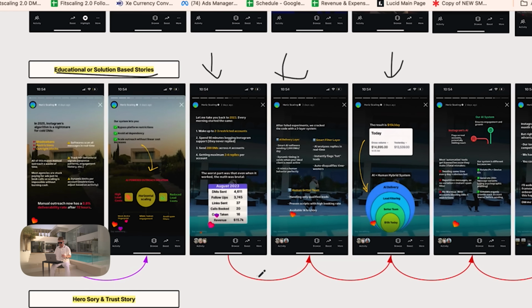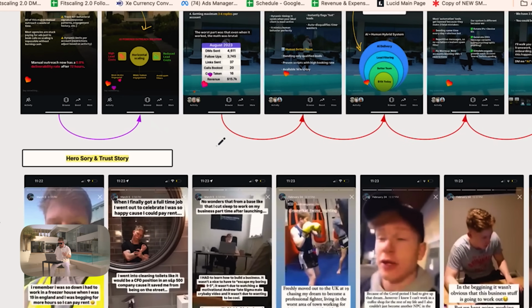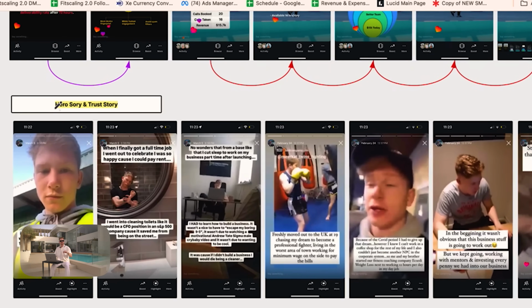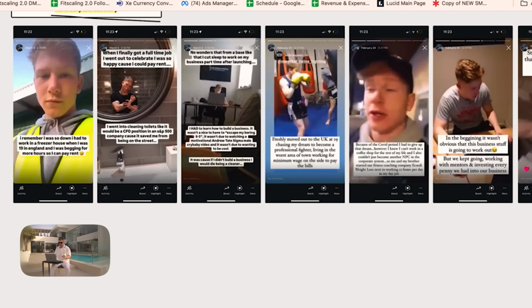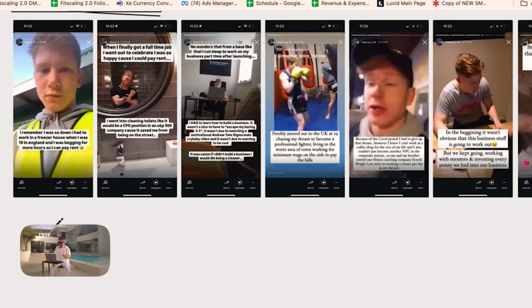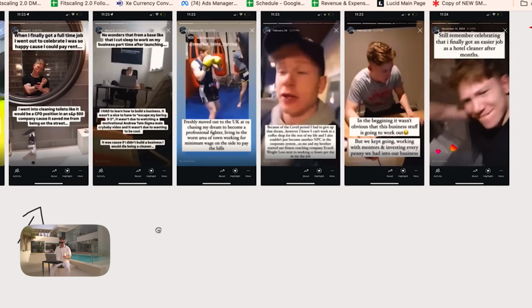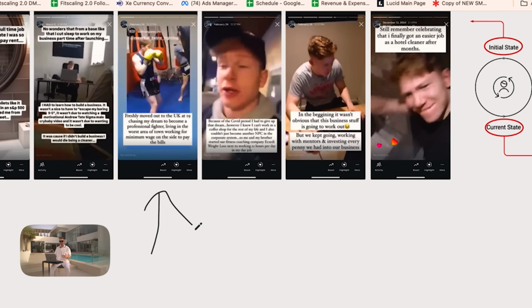And lastly, credibility, hero story and trust, okay? Very important, right? We started, me and my brother, as minimum wage workers. This is what most people don't do, because many people actually didn't come from nothing, right? My brother was cleaning in a hotel, and I was serving coffee in Costa Coffee, okay? Minimum wage in the UK, classic immigrant life, and we were trying to become professional fighters. That's our background. And then we started our own company, becoming online fitness coaches.